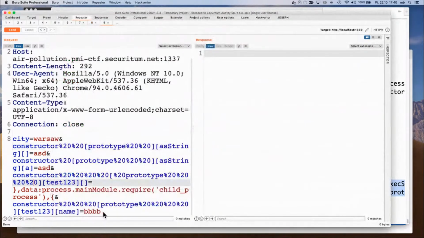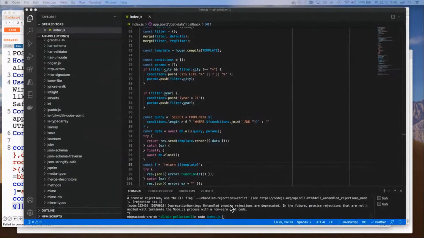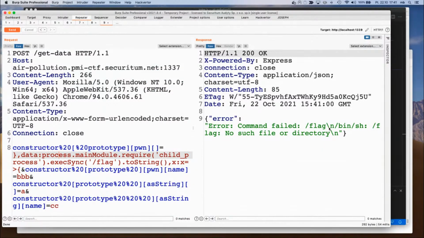Okay, and it looks like this. Okay, this command failed in this case because I'm running it locally, but basically the idea is that I was